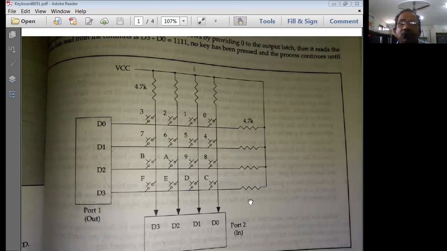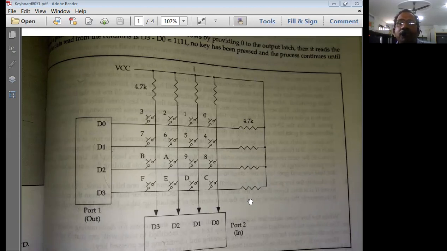We already know that the 8051 microcontroller has 4 ports: port 0, port 1, port 2, and port 3. Port 3 is normally meant for special applications such as interrupt applications, serial communication applications, and timer applications. To perform such special applications, we use those port 3 pins as control signals. Therefore, port 3 is actually reserved to perform the special operations.